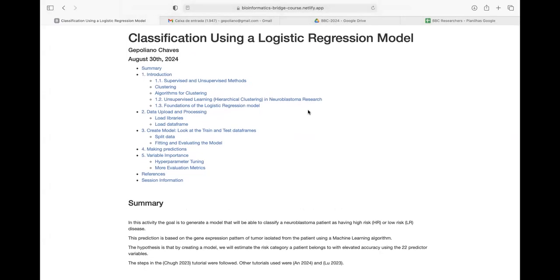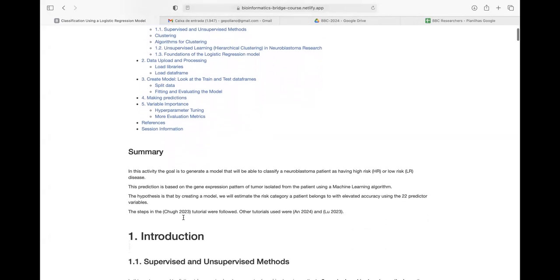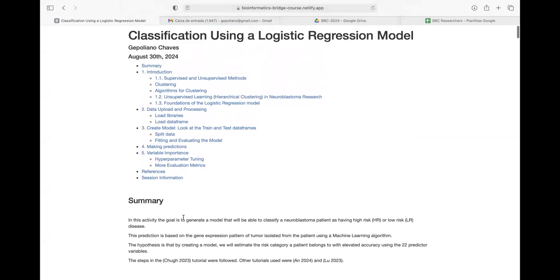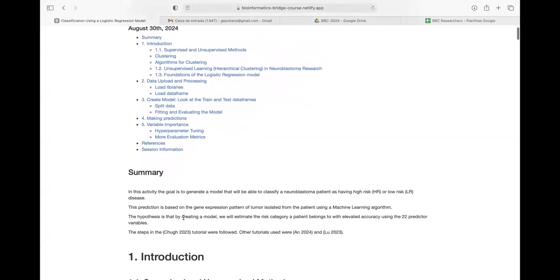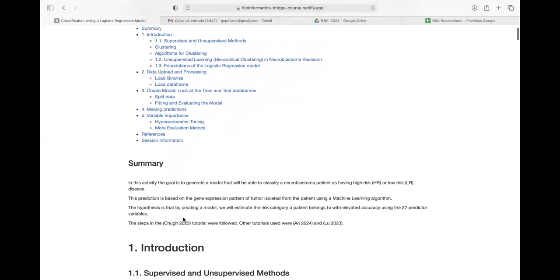All right, so we're gonna do a classification algorithm today using a logistic regression model. I put a summary here about this activity. In this activity, the goal is to generate a model that will be able to classify a neuroblastoma patient as having high risk or low risk disease. This prediction is going to be based on the gene expression pattern of a tumor